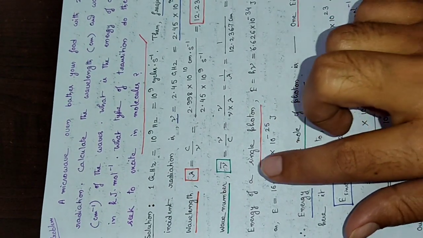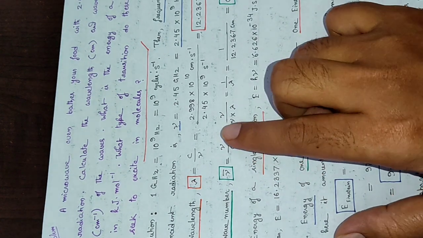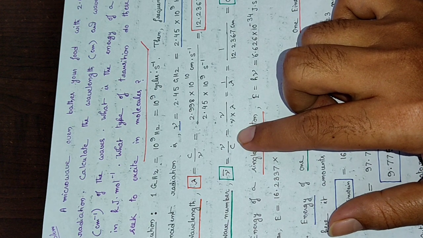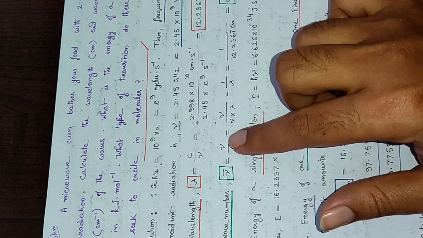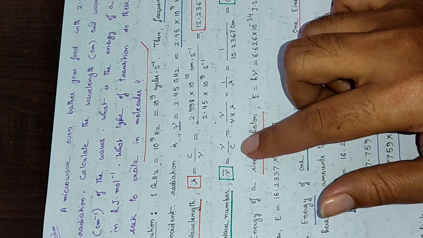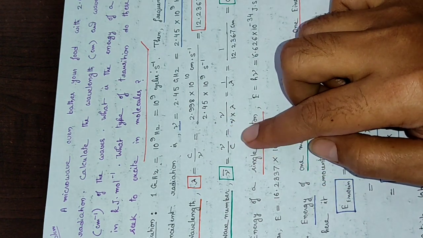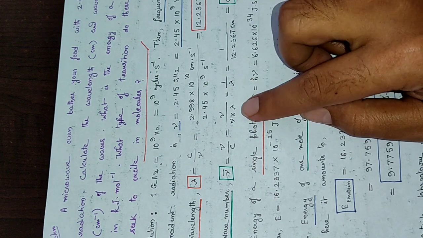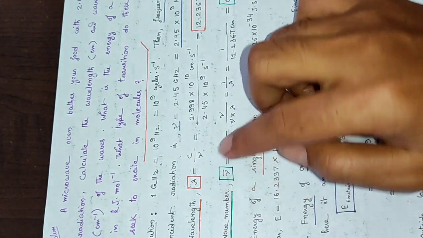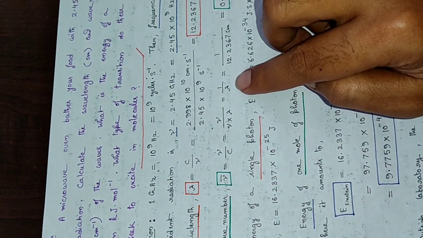Now next question, we have to find the wave number. Wave number is defined by number of waves per centimeter. So it will be nu by c, since c centimeter is traveled by the wave in 1 second and nu is the frequency, that is number of oscillations in 1 second. So c centimeter will contain nu number of waves. So 1 centimeter will contain nu by c number of waves. So it will be nu into lambda. We place the value of c, so it will be 1 by lambda. Wave number is reciprocal of wavelength.